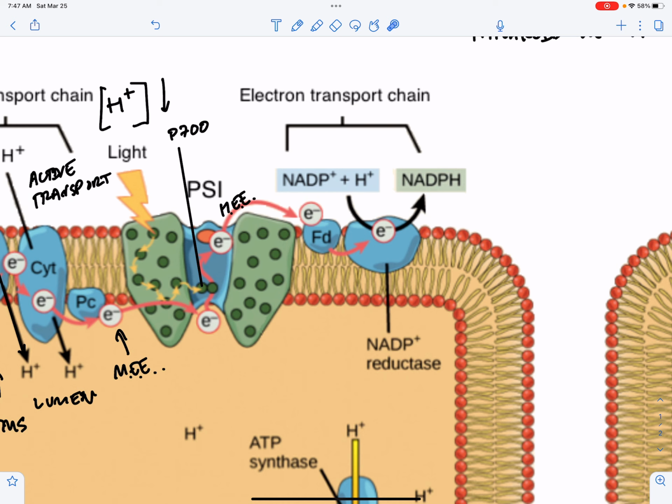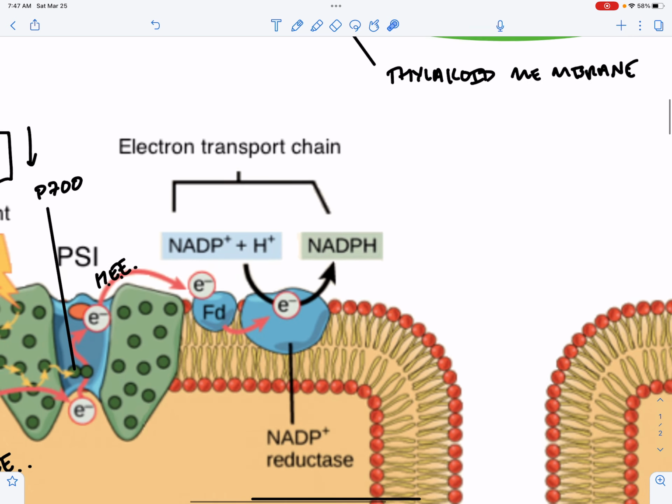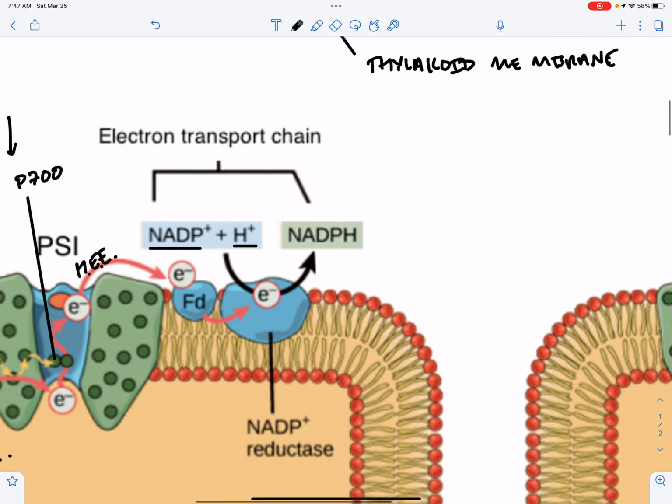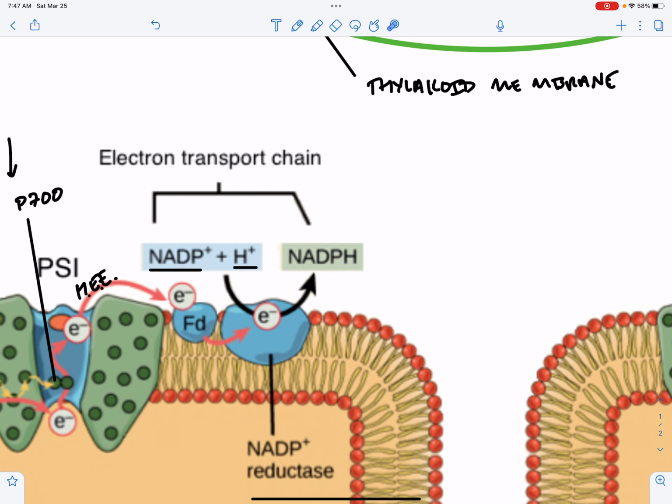So how does it do that? It packs them up in a high energy electron suitcase. The suitcase is NADP+ and hydrogen. So what happens is that two high energy electrons jump on to NADP plus H+. So this is going to be, right, a +2. So in order to have a neutral molecule here, we have to add two minuses, which is two electrons. So two electrons, which are high energy, jump on to NADPH, and then these go off to the light-dependent reactions,